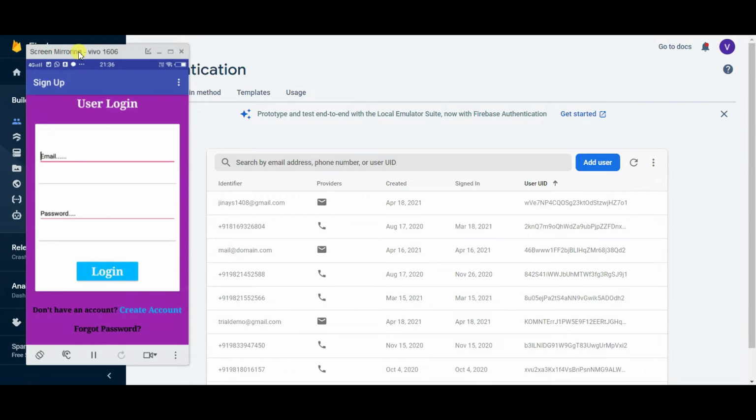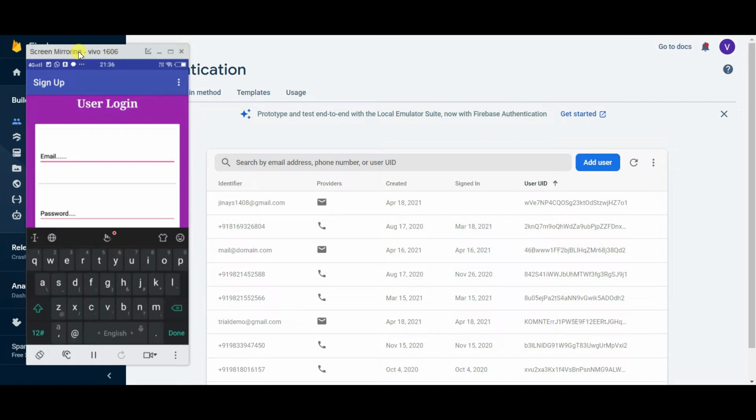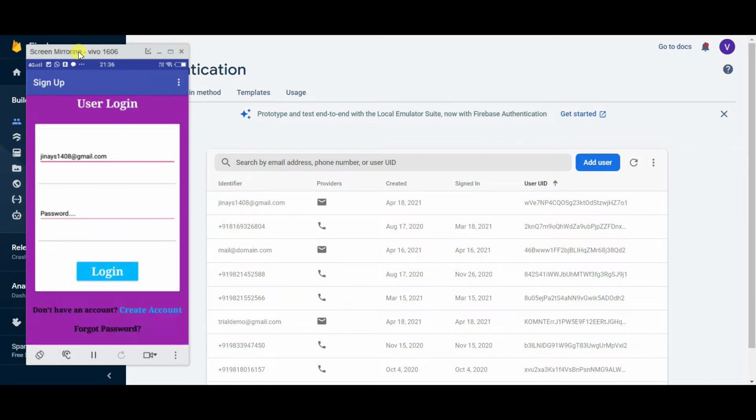Another feature here is that in case you forget the password of your account, what you can do is just enter your email ID which is affiliated with that account. Like I am just entering one of my email IDs which is already connected to this app, and now I feel that I forgot the password which I had set for this account.